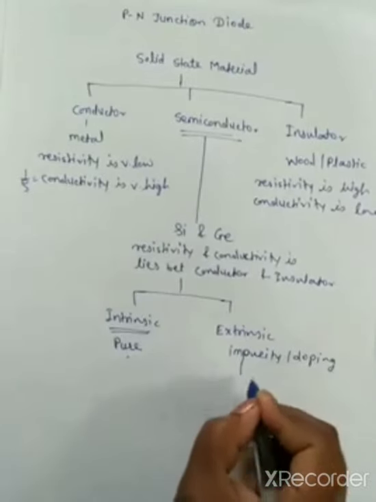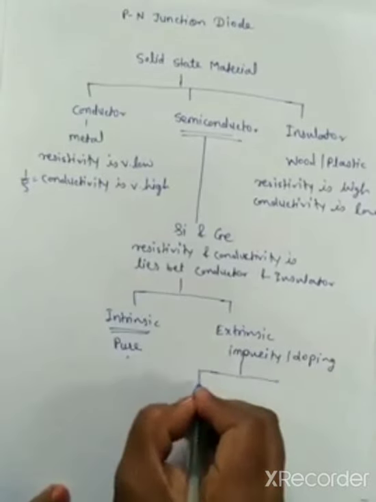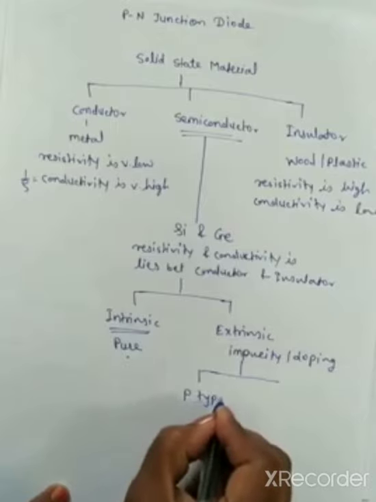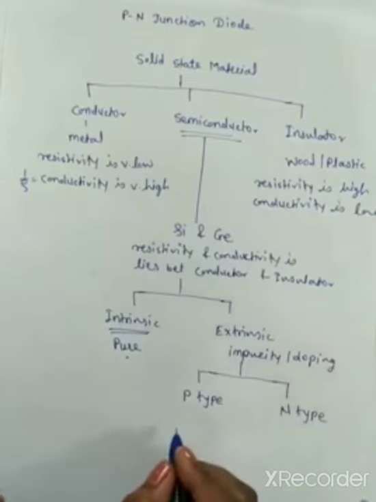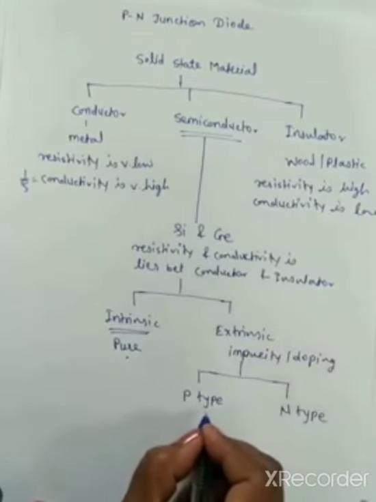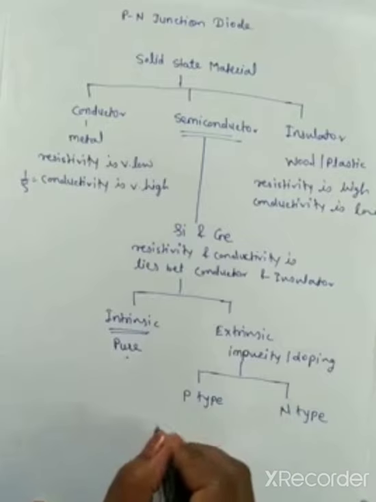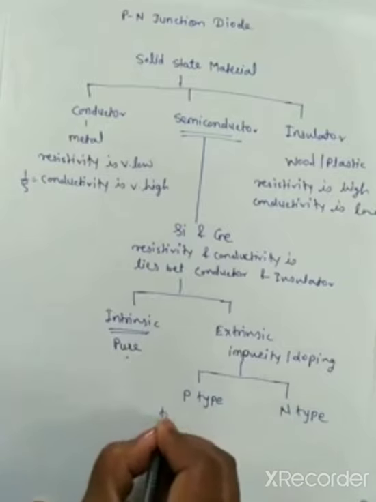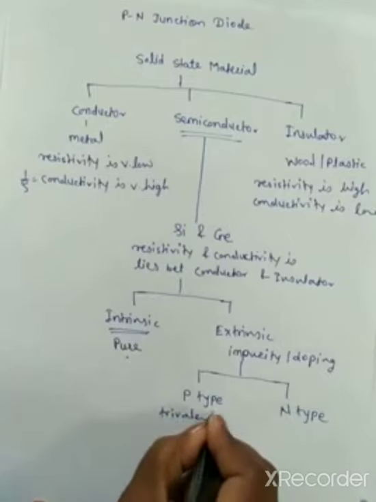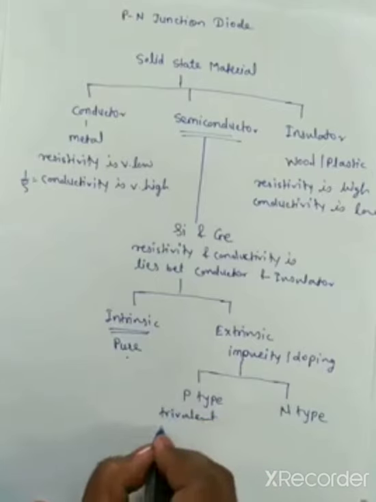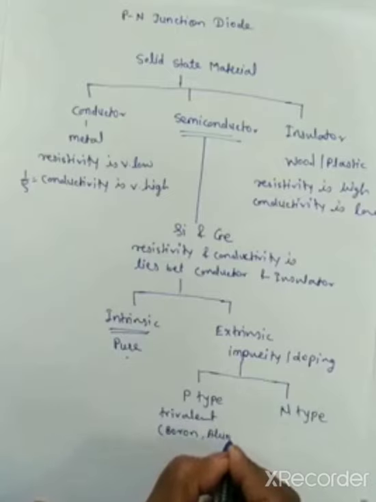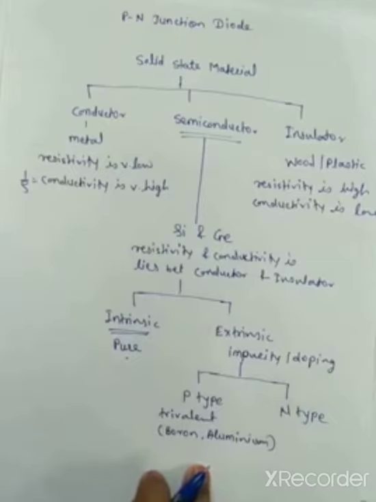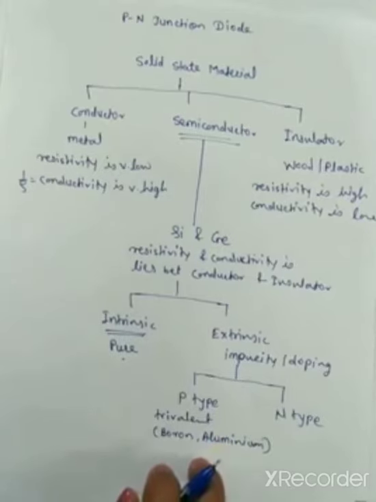Now there are again two types of extrinsic semiconductor. One is P type semiconductor and another is N type semiconductor. P type semiconductor: if we add a small impurity of trivalent atom in silicon structure, for example boron or aluminium or gallium, if we add such an impurity in a silicon or germanium crystal, it will create a P type